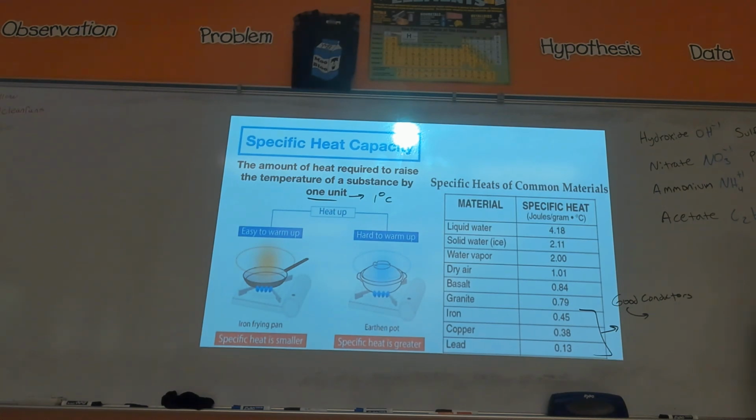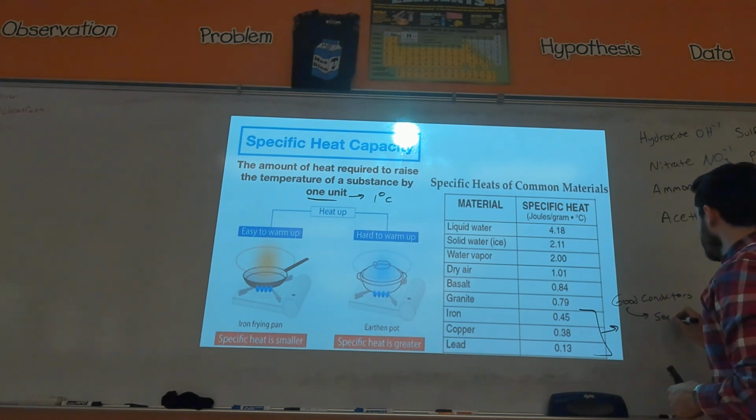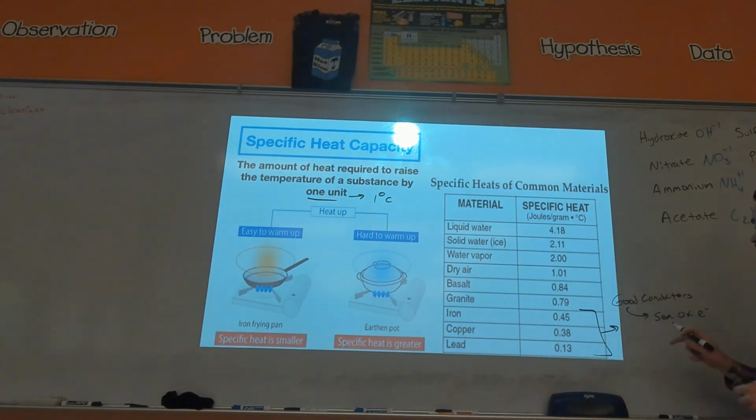Ethan, go ahead. Yes, it has to do with the molecule, right? So we went over the different models things have. We talked about the sea of electrons model. The idea of the sea of electrons model for metals is that metals want to lose their electrons. That's why they form these positive cations, like if you look on our periodic table in the class. The reason they want to lose electrons is because that will then make them have a full valence shell of electrons, a full outside shell of electrons, and they'll be stable.